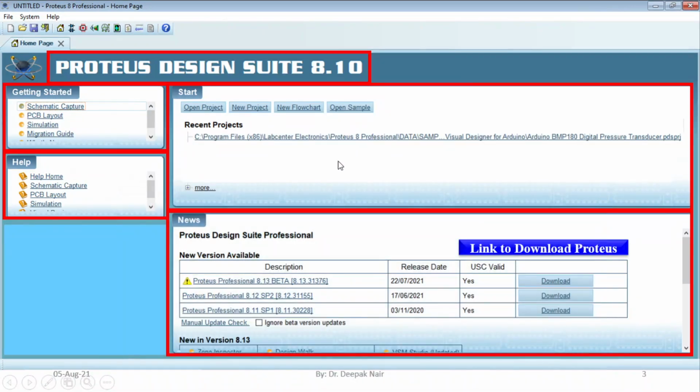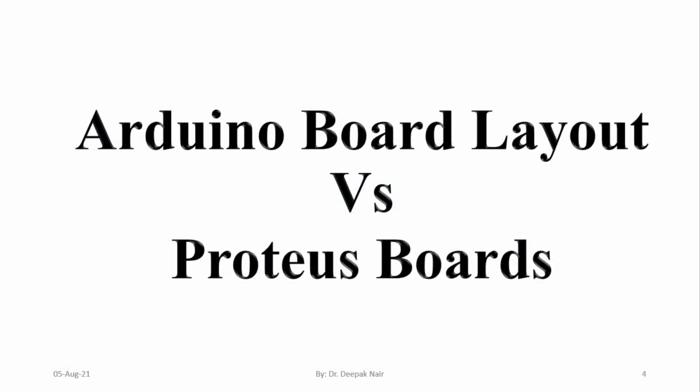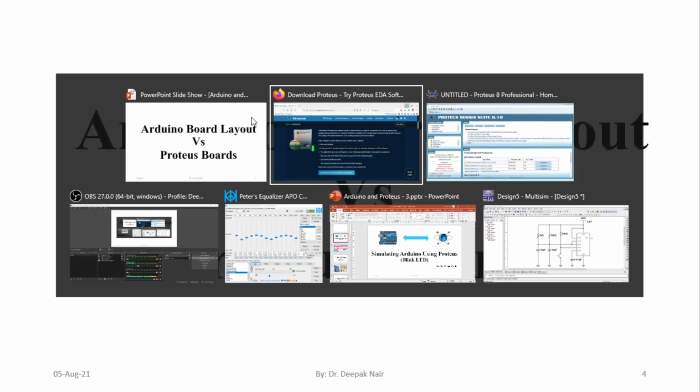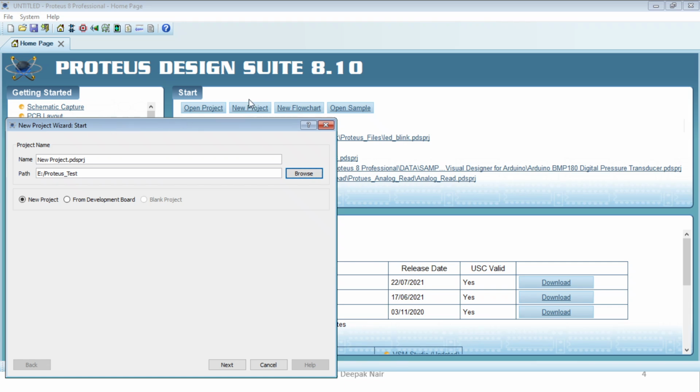Now the question is how to start a new project. To start a new project, you will have to click on this particular button, new project. And once you press this button, you will be seeing this particular window, where first of all you will have to give the path where you want to keep the project.